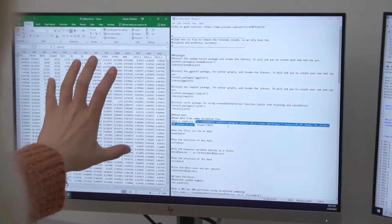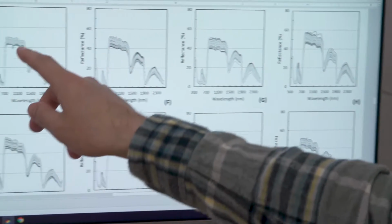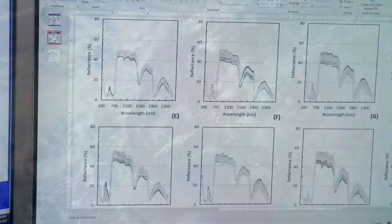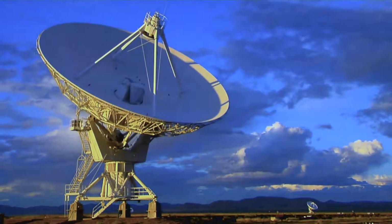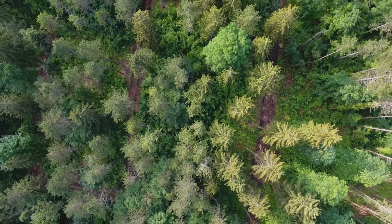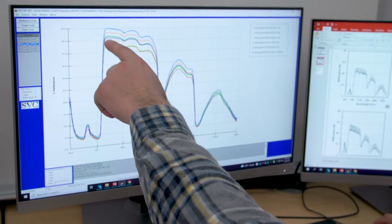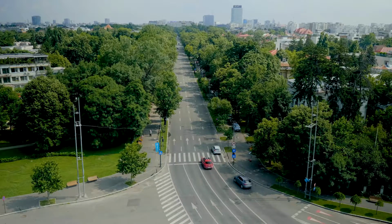And if it wasn't for the statistical analysis programs, we would have no idea how to find these patterns with the blind eye. And with the use of remote sensing, we'll be able to monitor tree health more easily and in a much more timely manner. And that can be used for urban planners or forest managers to decide what trees they need to plant more of. They may want to use bigger, larger shade trees to help reduce the heat of the